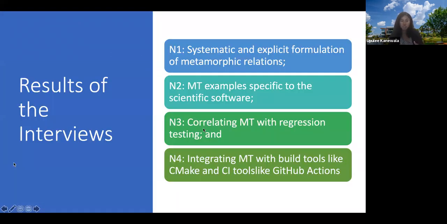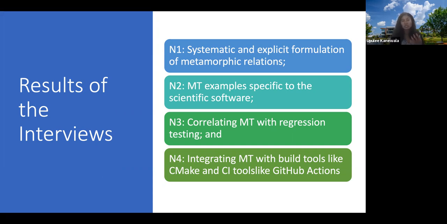So with this information, next we moved into the interviews. Here we interviewed 6 developers from this community, and based on the information we gathered, we asked about the things that we identified from the artifact analysis, as well as having a general discussion about the QA workflow with them. So we identified 4 specific needs that we need to satisfy in order to adapt metamorphic testing in this environment.